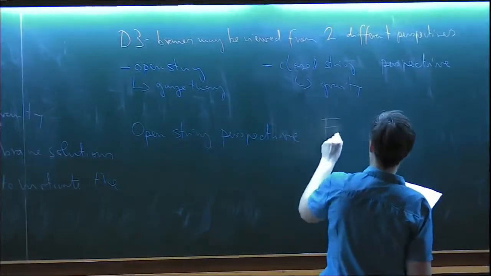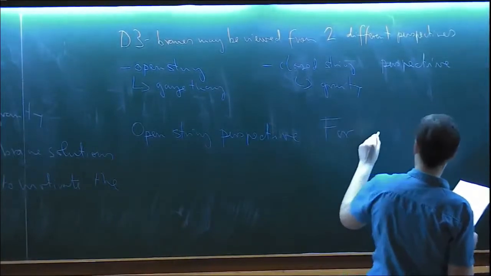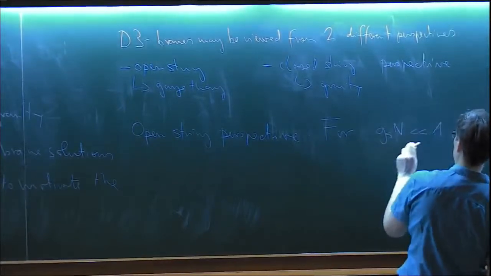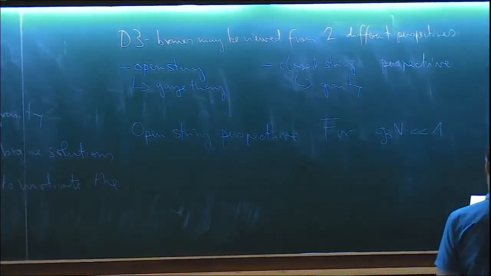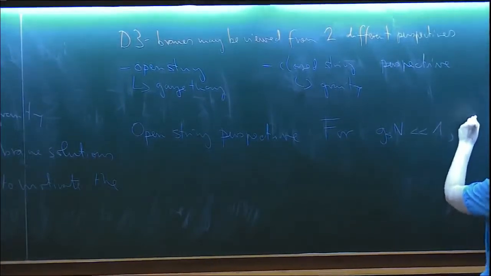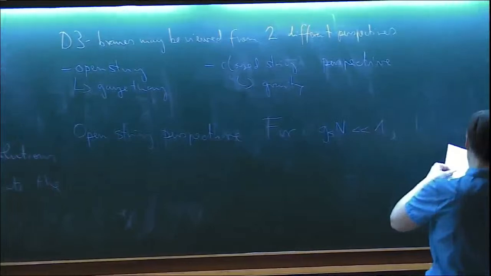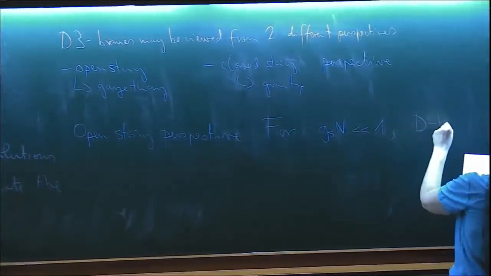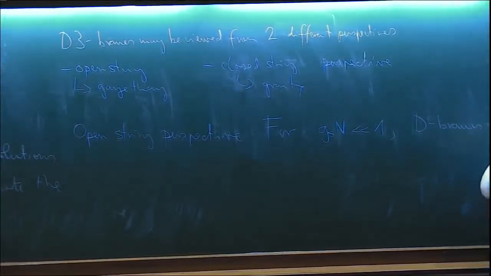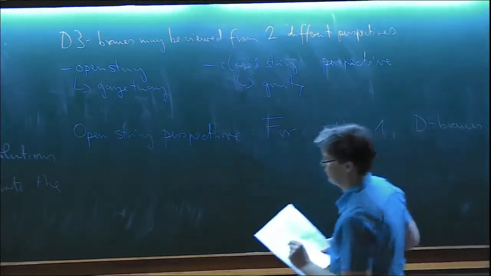Somebody yesterday asked about the precise limits which we take. So now let's look at GSN being small. That's the open string case. Then in this case, the D-branes may be visualized